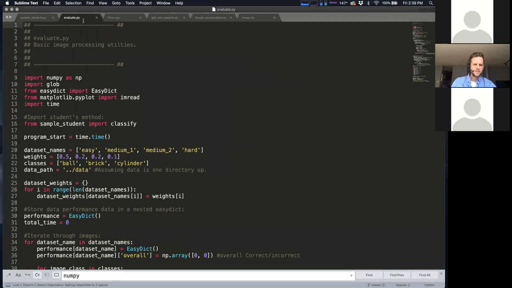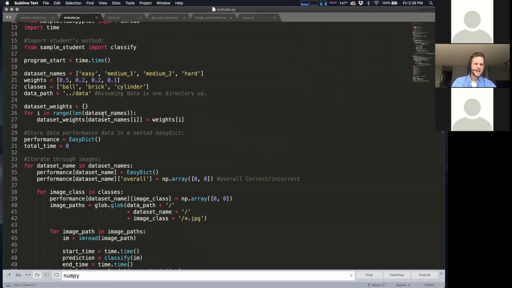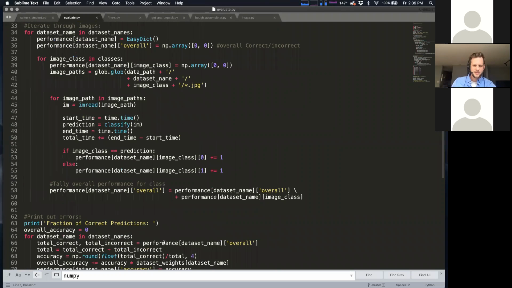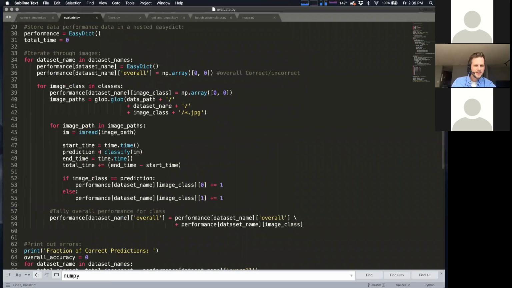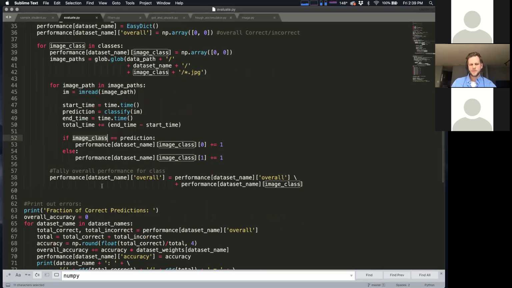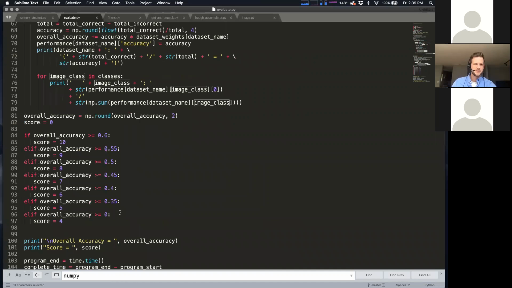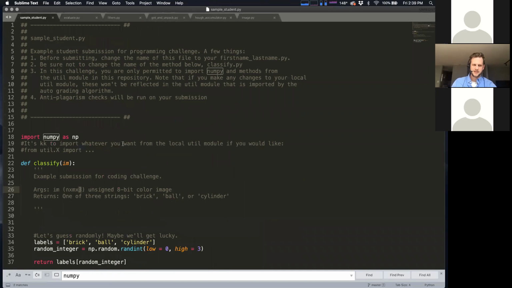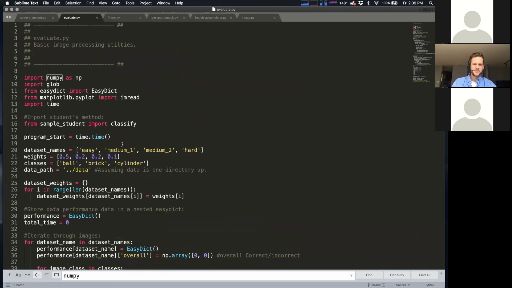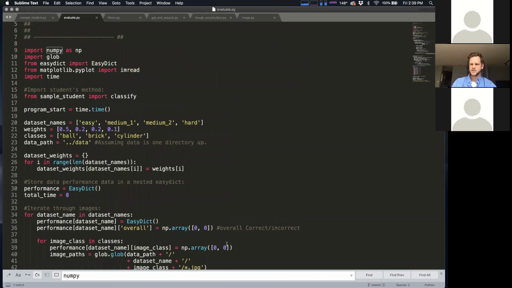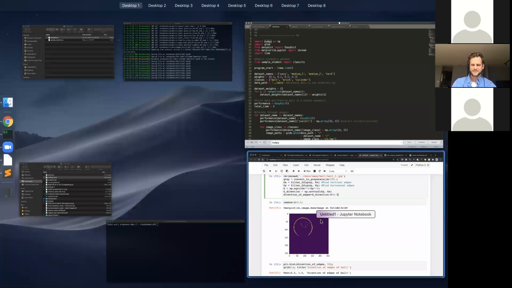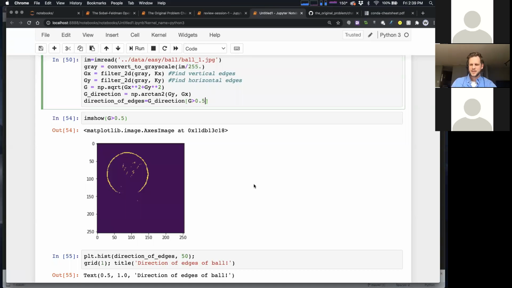So this evaluate.py, you can run this and it will do exactly what's going to happen on the server. It's going to take your method, which, let's see, where does it actually run your method? Here it is right here. So you can see we're running your method right here, classify. It will take your prediction and we compare it to what the actual class is, and we use that to compute your performance, and we print it out, and that becomes your score. So the input you should expect is an image. Hopefully that answers your question. And you can even run evaluate.py to do exactly what we're going to do, which is pass a bunch of images through your method. Okay, hopefully that makes sense.